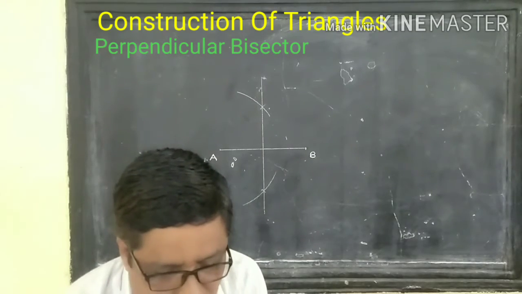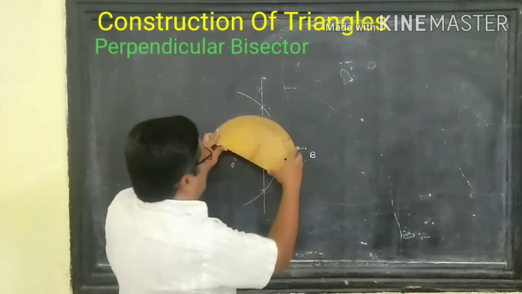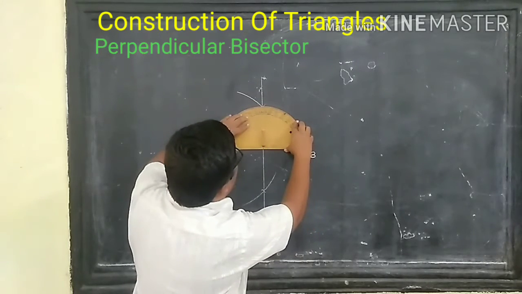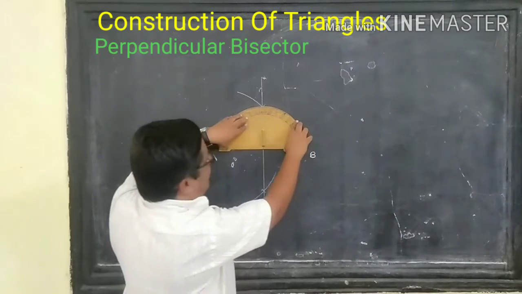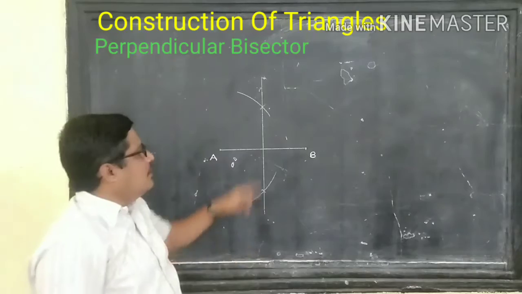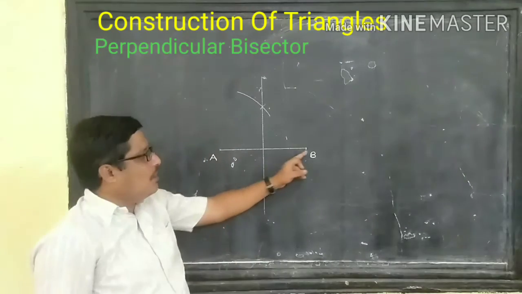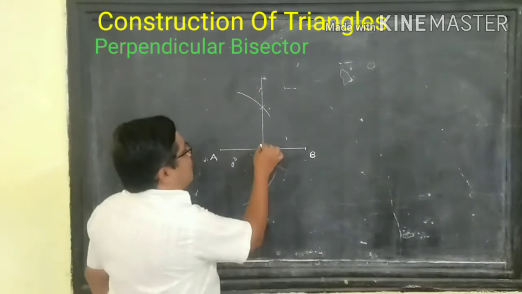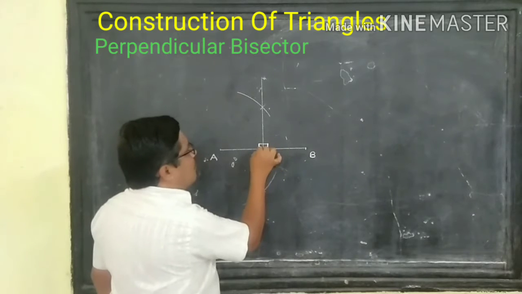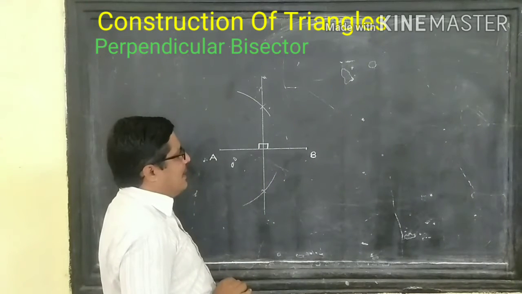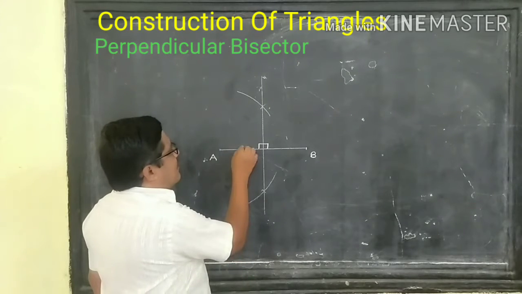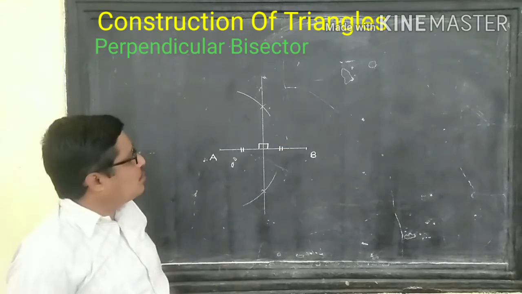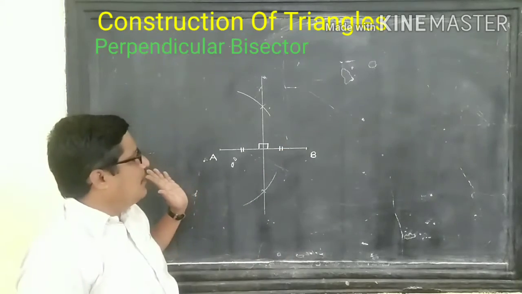Now if we check the angle formed at point of intersection, this must be 90. So here this angle is 90. That means this line is a perpendicular bisector of segment AB. Now this we can denote by different symbols. So here we have to draw perpendicular, that is 90 angle symbol, and these two parts we have to make the identical mark in this way. So this is perpendicular bisector of segment AB.